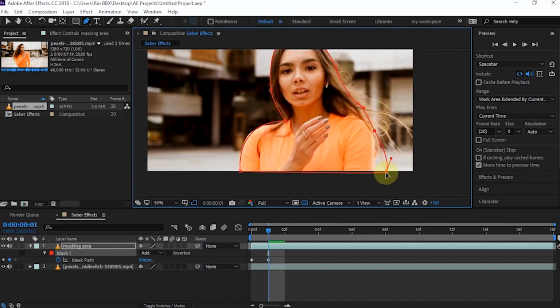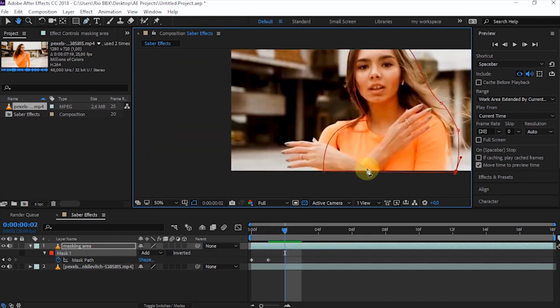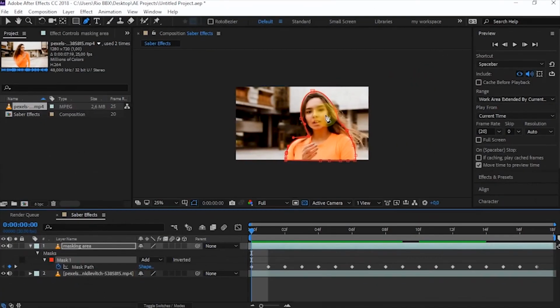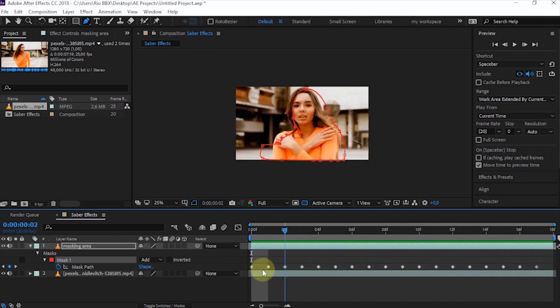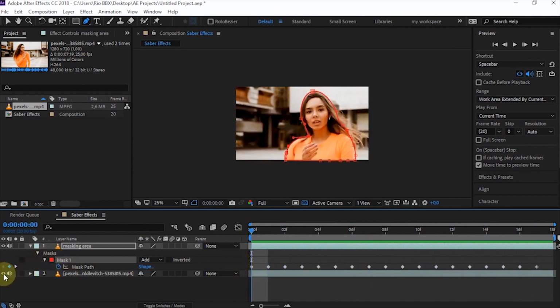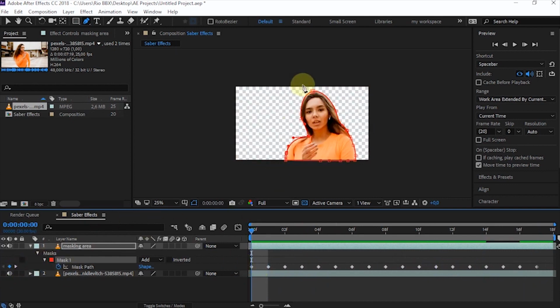So that this tutorial video isn't too long, I'll just shorten it when I set the mask path in the subject area. And now I've finished masking the subject area. If the first clip is hidden, only the selected subject will be visible.